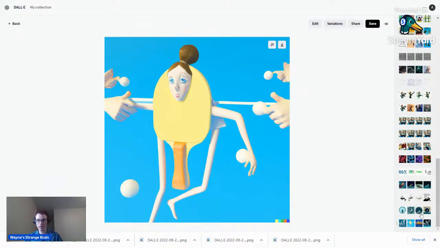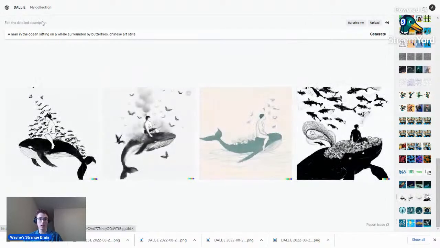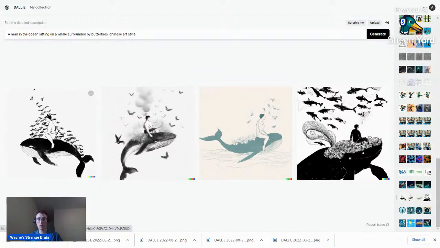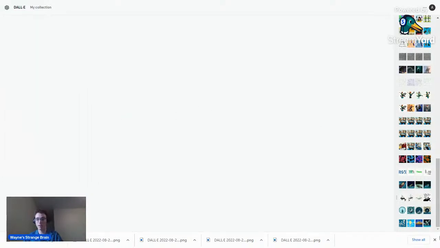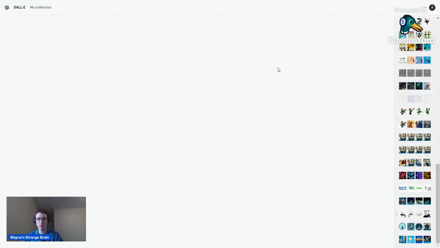Then my roommate suggested a man in the ocean sitting on a whale surrounded by butterflies, Chinese art style. And this is apparently a Chinese proverb, or Chengyu. I've never heard of it, but supposedly it is.